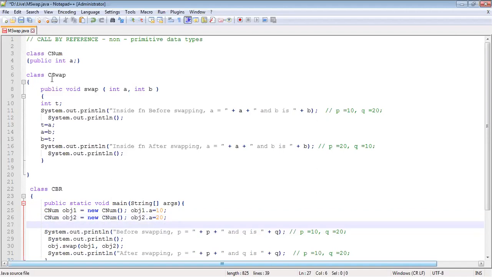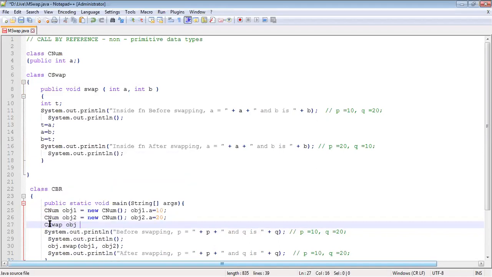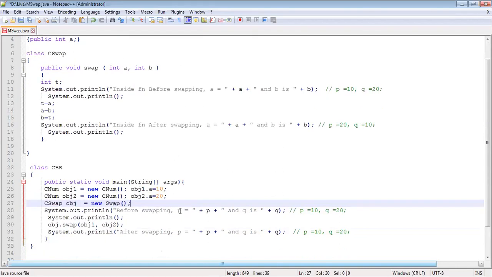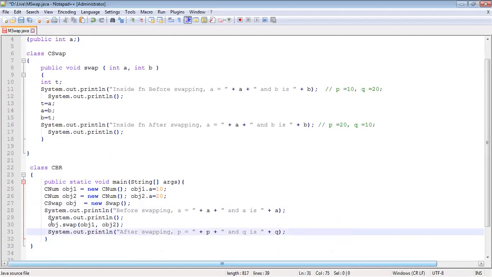Now I'll have my parent, this one, cswap. Cswap obj is equal to the earlier code which I had deleted. And now I'll have all my other code. I'll delete this, and I will even delete this. System object dot, correct, object dot swap